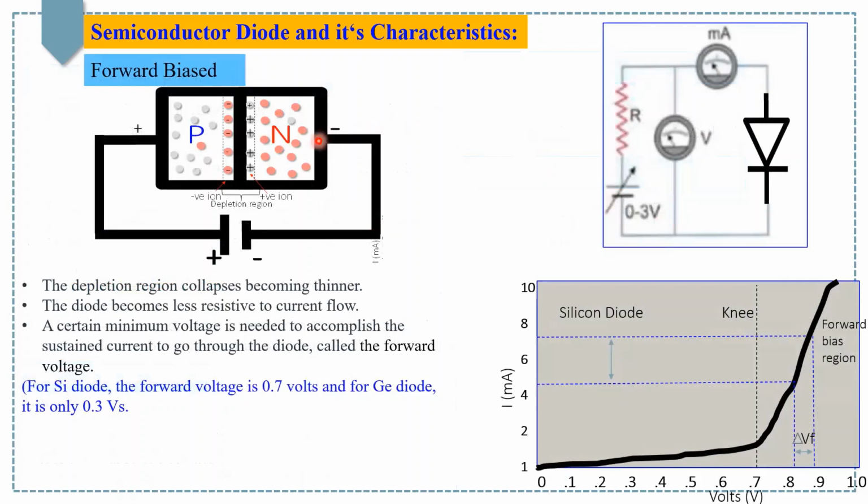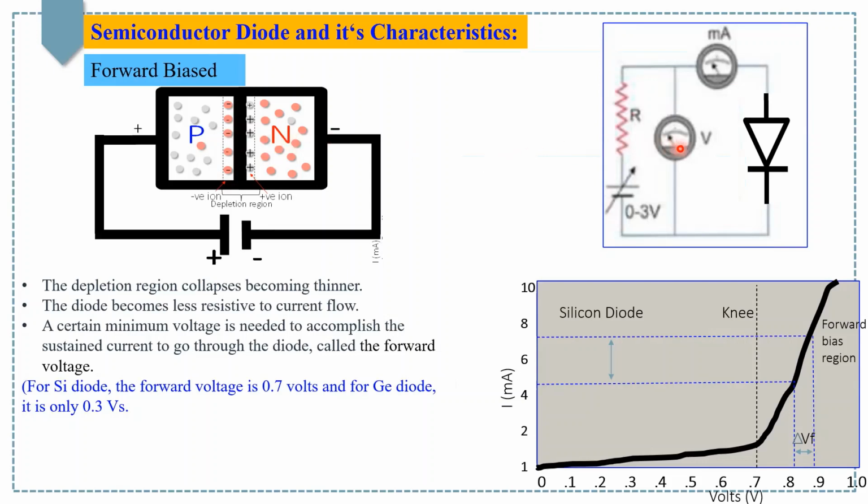First, forward biased. If we apply a suitable positive voltage to the two ends of the p-n junction, it can supply free electrons and holes with the extra energy needed to cross the junction. This happens due to the reduction of the width of the depletion layer. As a result, a few milliamps of current flow through the junction.